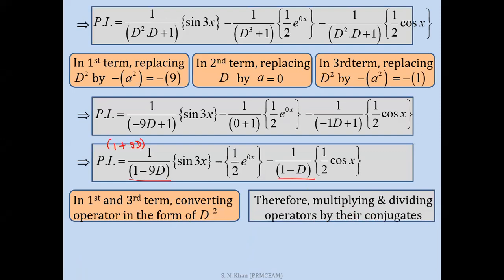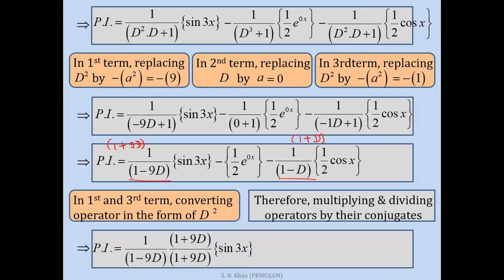दिस ऑपरेटर इट इज 1 माइनस d, तो इसका कॉन्जुगेट होता है 1 प्लस d। मींस साइन को आपको चेंज करना है एंड यू विल गेट द कॉन्जुगेट। सो मल्टीप्लाइंग एंड डिवाइडिंग ऑपरेटर्स बाय देयर कॉन्जुगेट्स, मल्टीप्लाई भी करना है और डिवाइड भी करना है, ठीक है। सो pi विल बिकम 1/(1 माइनस 9d)। जो ऑपरेटर था पहले इसे एज इट इज लिखना है, इसके बाद इसका कॉन्जुगेट से मल्टीप्लाई करना है और डिवाइड करना है, तो ये होगा (1 प्लस 9d) अपॉन (1 प्लस 9d) ऑपरेटिंग ऑन फंक्शन एज इट इज।